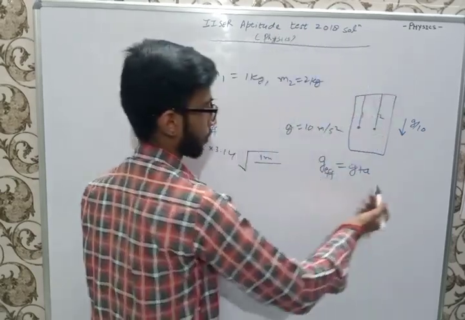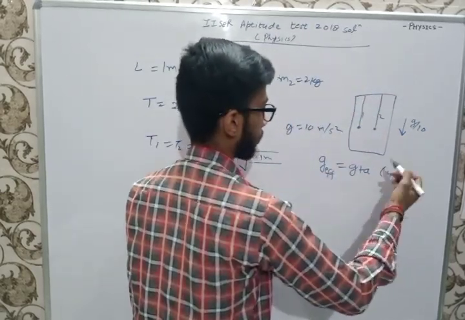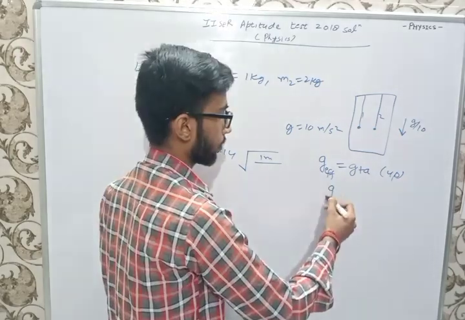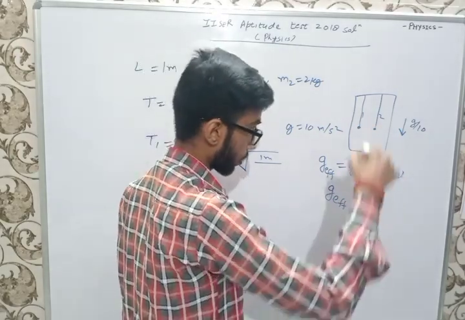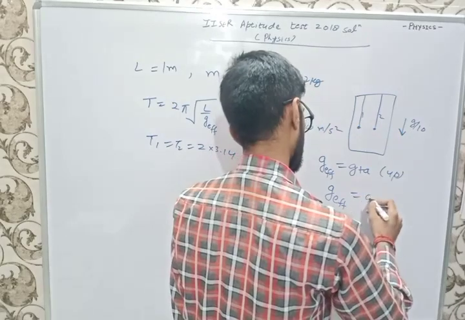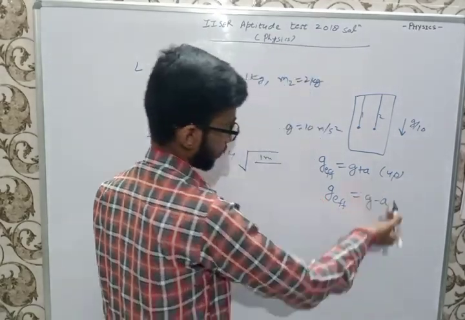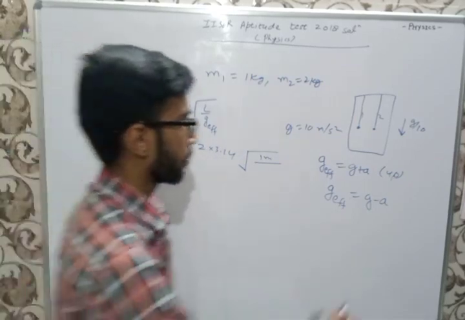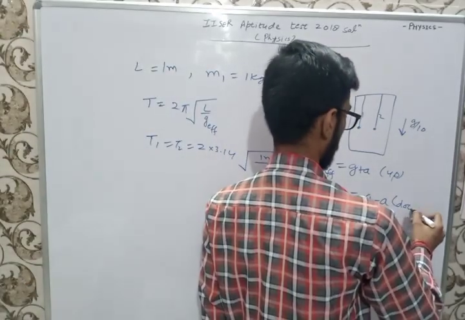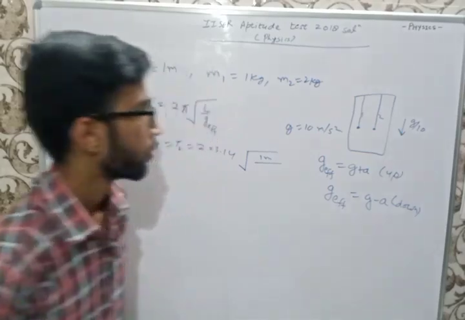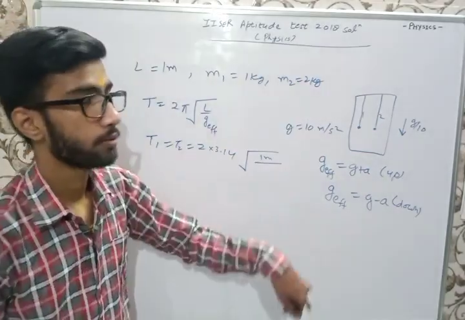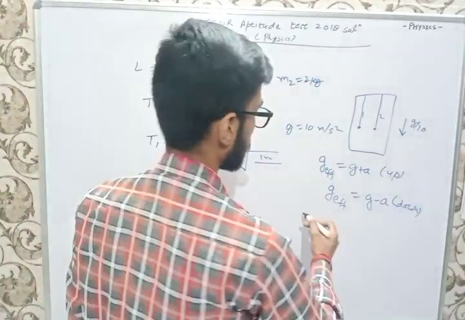If your lift is going downward, then the g effective is g minus a, where a is the acceleration of the lift. Now here in the question, the lift is going downward, so the g effective is g